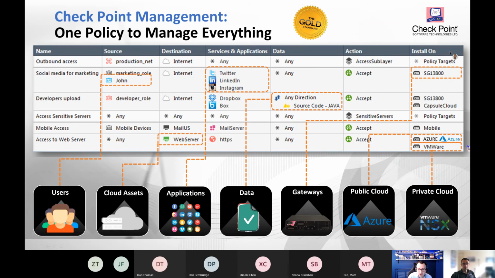The most important thing to direct your eyes down to is this bottom left-hand corner on the install on column. This is where we say you can install firewall on, and that could be on an Azure IaaS gateway or on a VMware firewall that we've installed, or an appliance that you have on premise. We have the ability to integrate this so closely that you can actually have a single rule that could apply, if applicable, to an Azure gateway and an on-premise gateway. And when you push those changes to those systems, both on-premise hardware and cloud-based firewalls could be updated with the